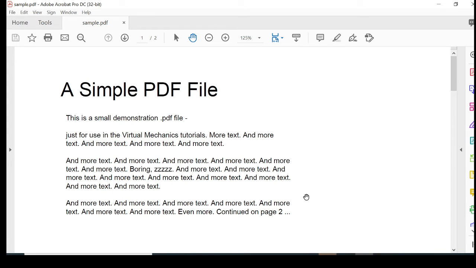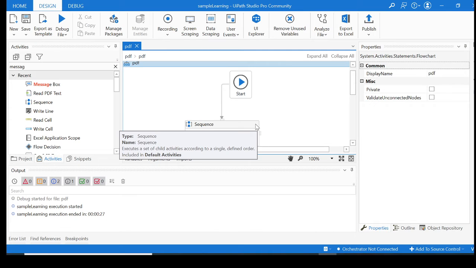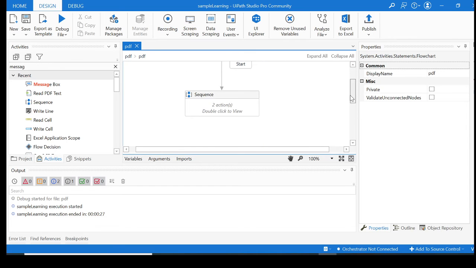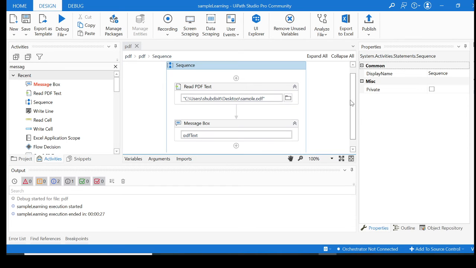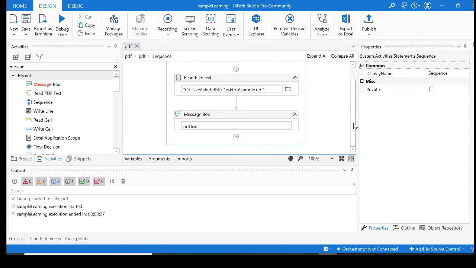So either you can do this, and suppose now we have just been doing this for demonstration or learning purposes. In a real-time example, you may want to reuse this PDF text in some notepad, or paste it into some JSON file, and see whether the text is coming over there or not. We've kept on seeing message box or write line. Now another thing I'll show you, you can write into a text file as well, right? For that, you just go over here, write text.